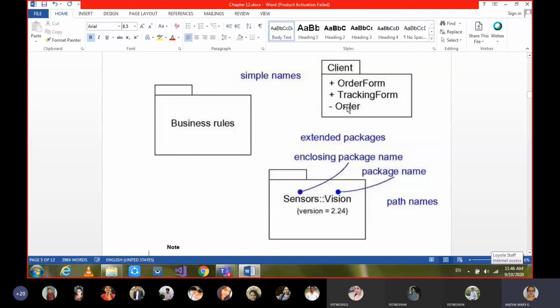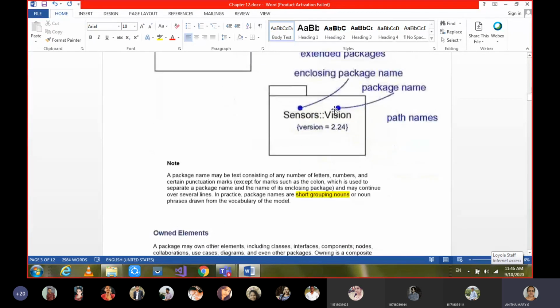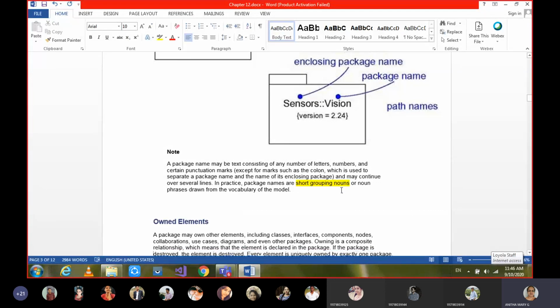See, a package has some content. That content won't be only one item. It can be a group of contents. One group of content may be accessible to everyone. One group of content may be accessible only to its children, that is, in inheritance. Only one group of things will be private, only to itself. So the distinction of them can also be given. Okay, so this is about the first terminology, names. So moving on to the next one. Otherwise these names are also called short grouping nouns. Okay. So the next